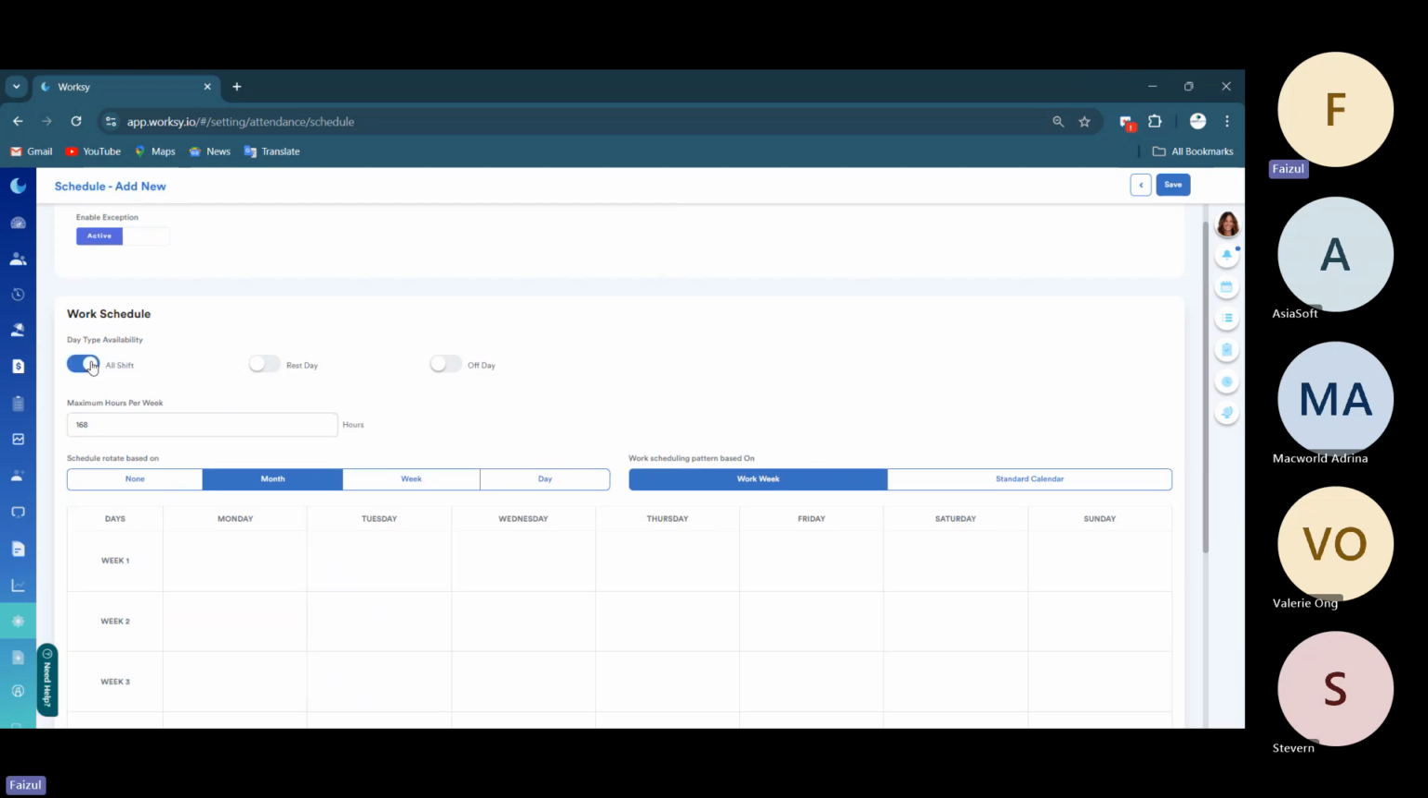You can select and enable all the shift, rest day, and off day. So how many days for the rest day, and what is the maximum number of days for the off day. Okay, and then below here,